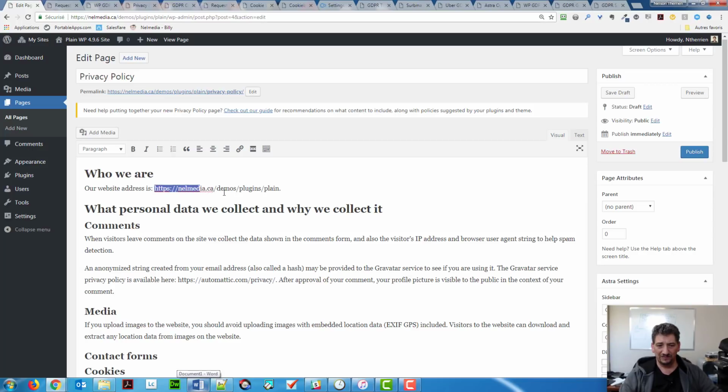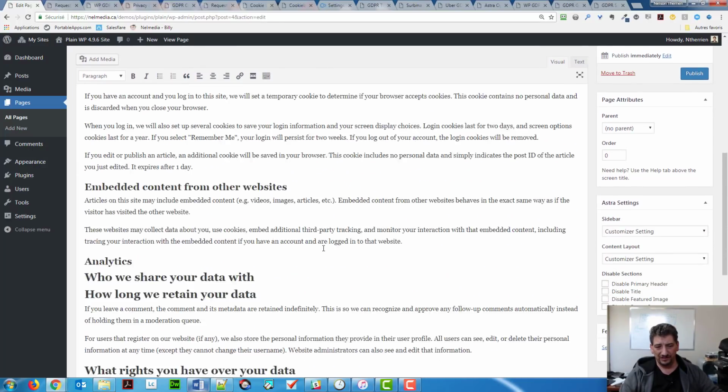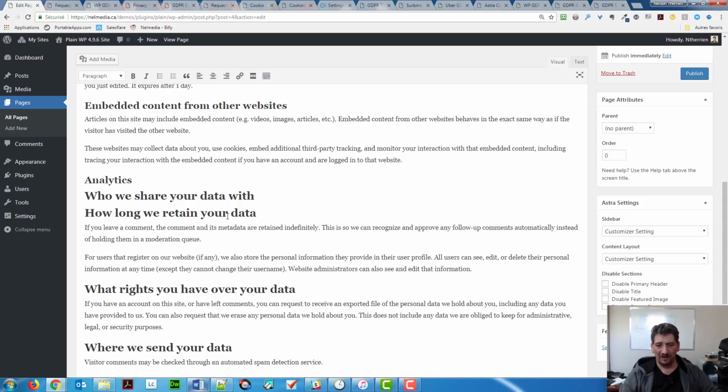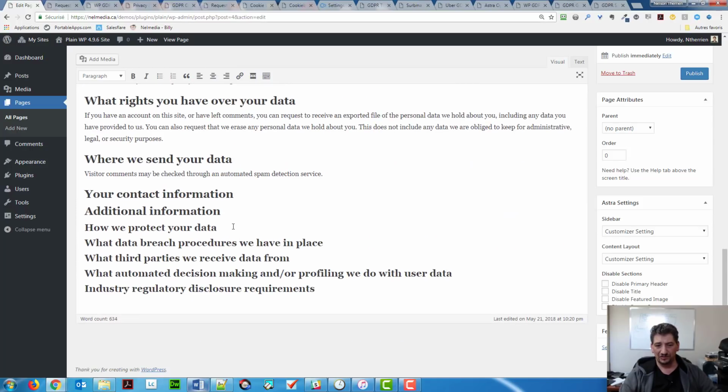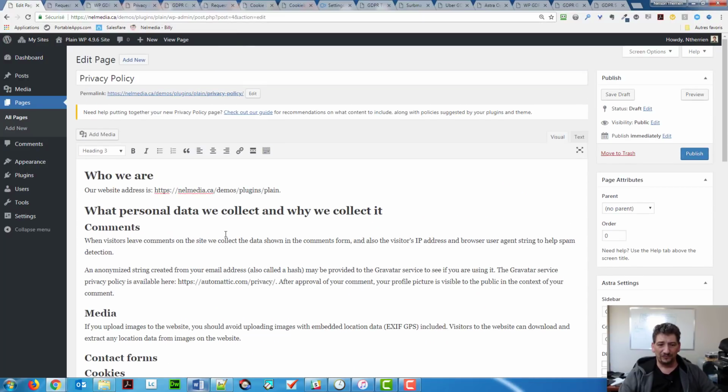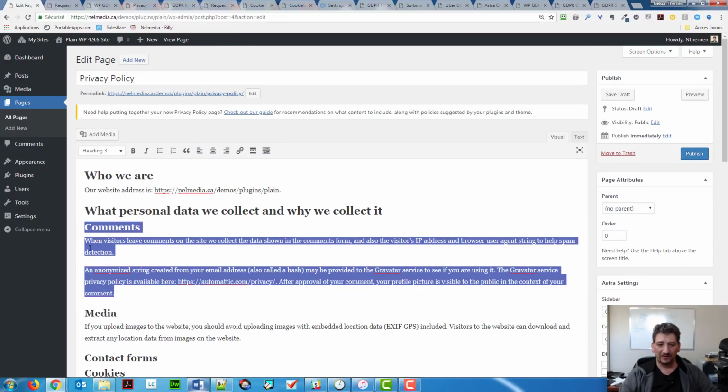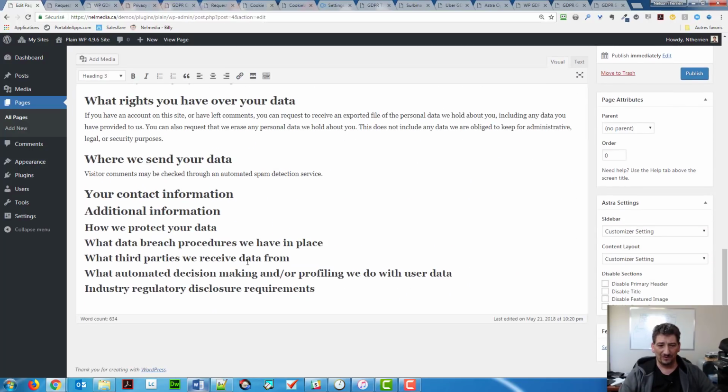So, Who We Are gives us the site address here, and then all the content here, and you have titles. Sometimes you have empty sections, just like here at the bottom. So you need to read through that, and you need to decide what you need to remove and what you need to add. For example, if you don't collect any data, if you don't have any comments, you can get rid of that section. If you do have a policy, for example on data protection, you will have to add it manually. The data breach procedure that you have in place to be compliant with point number 7 is empty, so you need to fill that in